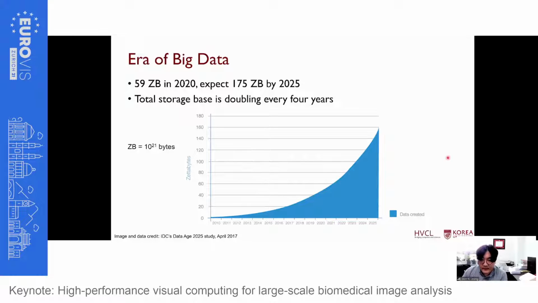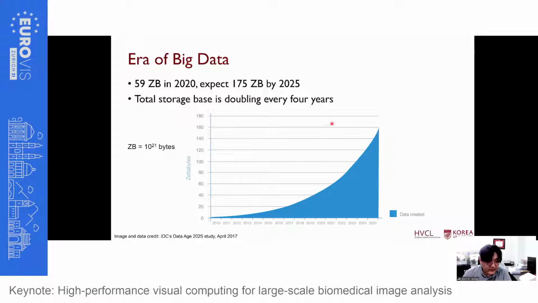As the title says, today I'm going to talk about examples with very, very large size data. We are living in an era of big data. As you can see here, I borrowed this graph from an IDC report. This is the so-called data sphere, the total amount of data that mankind generates per year. Definitely this is an estimation, but as this graph shows, the increasing rate of this data over the years is not linear. It's increasing quite fast.